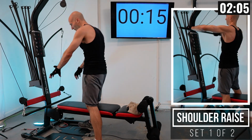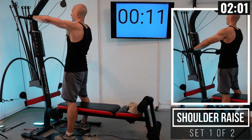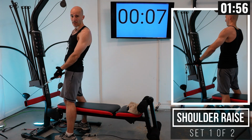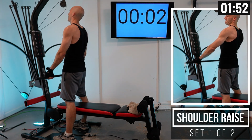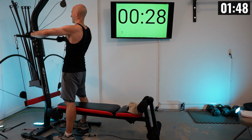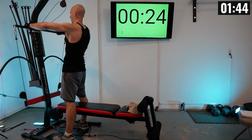So we're going to take this bar here. Again, you can use the handles as well. And then we're just going to try to raise it up to shoulder height, hold it for a second, and then slowly lower it back down. Okay, join me here in 3, 2, 1. Raise it up in front of us and drop. That's 1, 2,